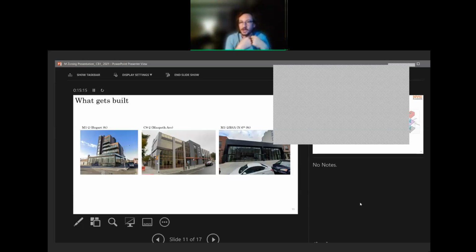Not to comment on the architecture of these, but on the left is M12. It has a low base height with a taller building pushed into the middle. These are old 1960s sky exposure plane envelopes. C82s, which are auto oriented. There are a bunch of medical facility uses in here, and that triggers a lot of parking, which is not seen